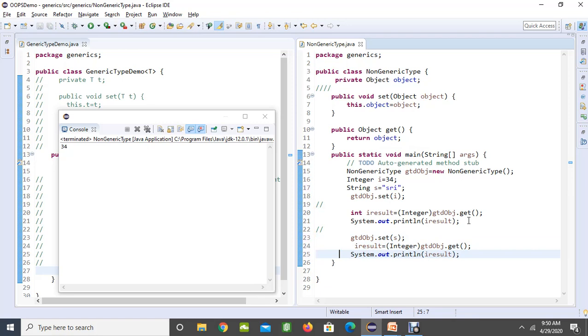So I am going to save this. The user, by mistake, passes a string, but the user is expecting an integer as output. Now let's see. I am going to run this. Immediately I got a runtime error. When I execute it, I got a runtime error. Now it becomes a little bit difficult to check what happened in the program. Again we have to go back and check it.